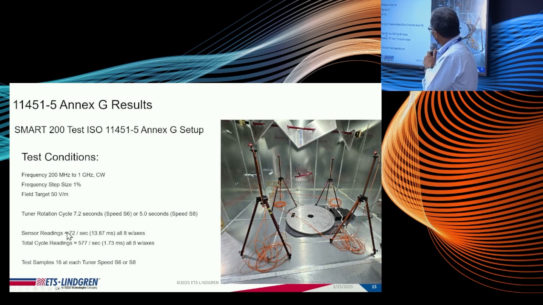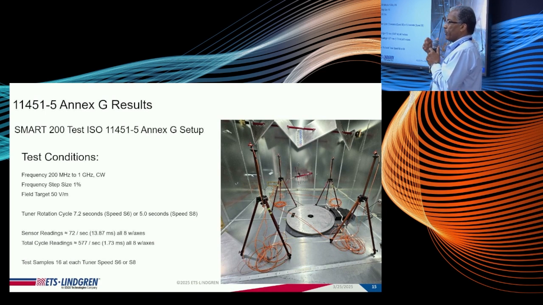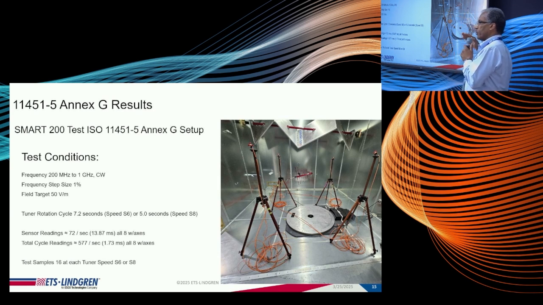And the sensors or the probes are sampling at about 70 samples per second in this case. So over that complete sequence, he's recording about 577 samples of the 8 probes. As Mathias touched on, the standard deviation that you calculate is a function of the number of samples that you take. So compared to the IEC procedure where we are taking 50 tuner positions or 50 steps, hence 50 samples, here we are taking several hundred samples.